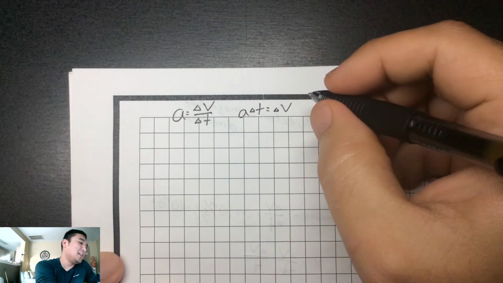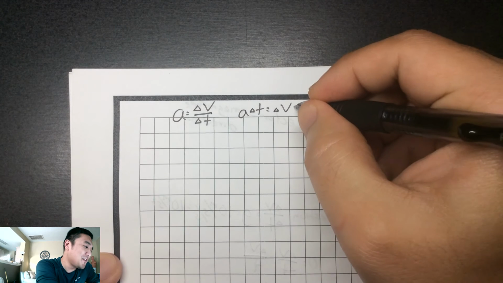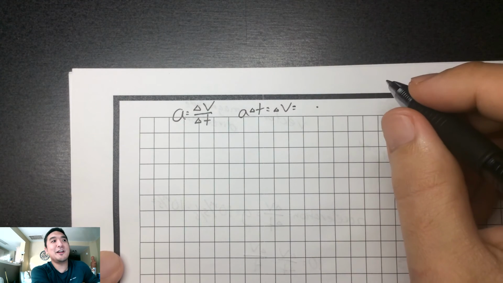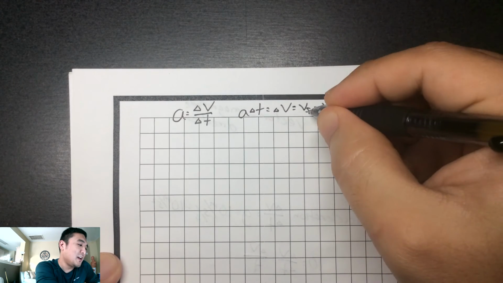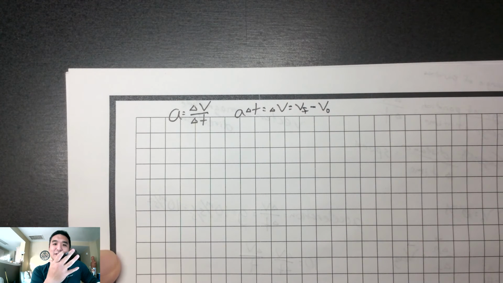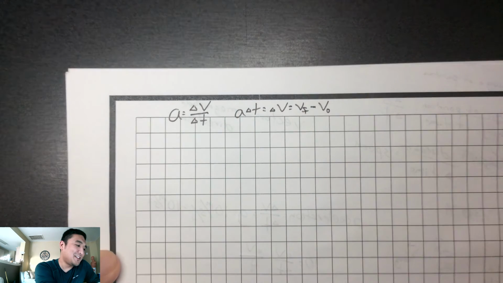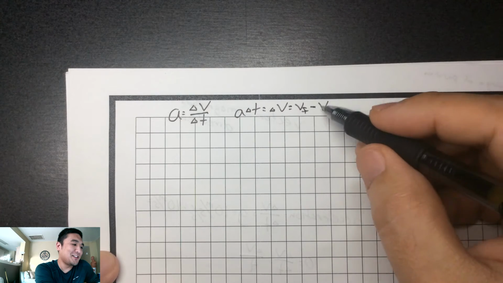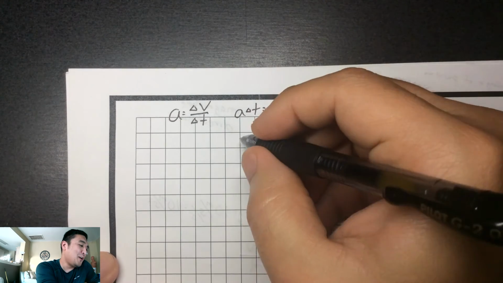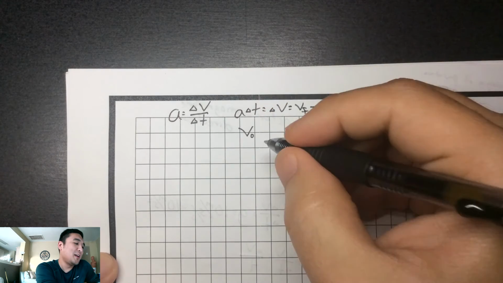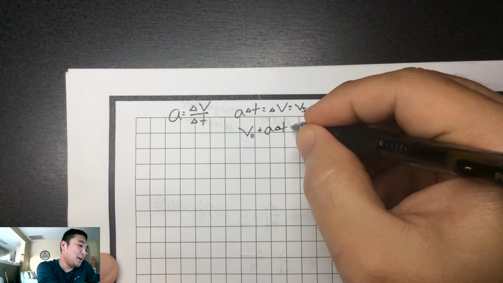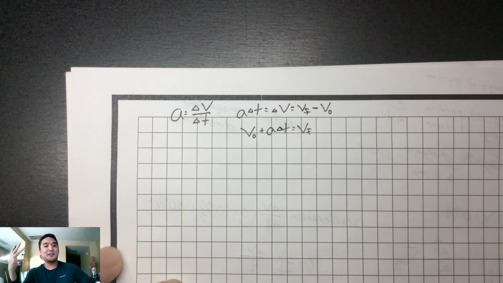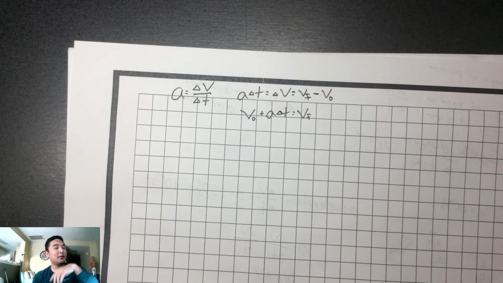To make it even better, this acceleration times time, this change in velocity rather, is how do you find change? That's a final minus an initial, right? So this is your first kinematic equation. All this says, let's move this initial velocity over, is that if we have an initial velocity, if we add to it an acceleration for a period of time, we get a final velocity. Fantastic. All right. So easy first derivation